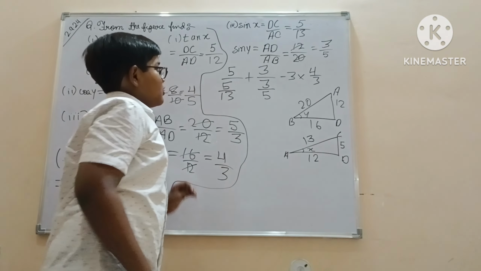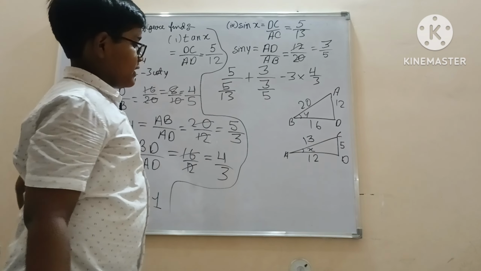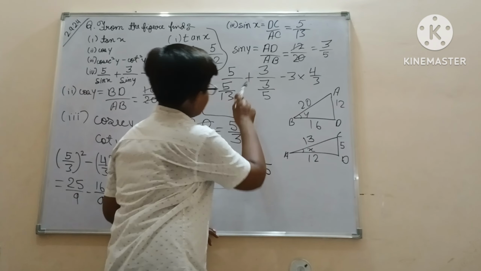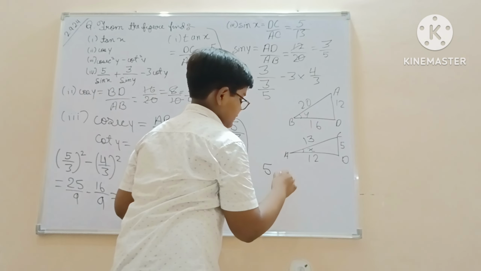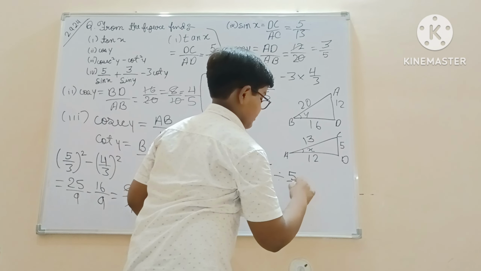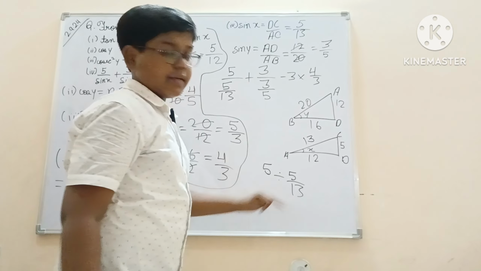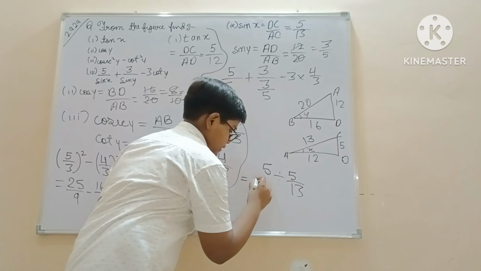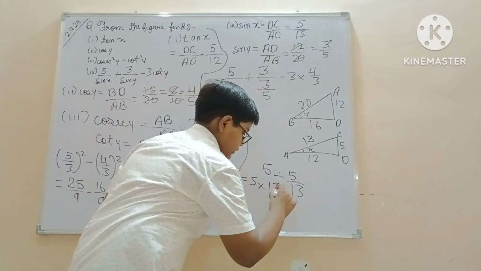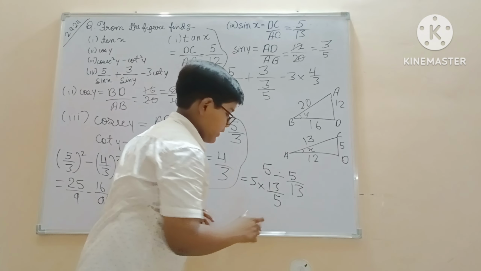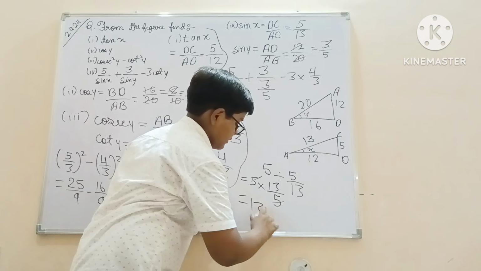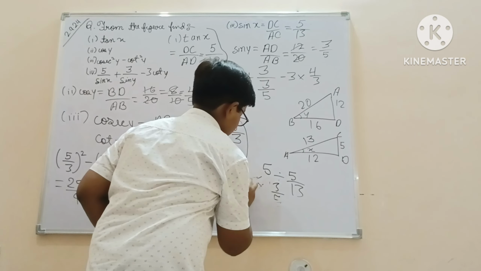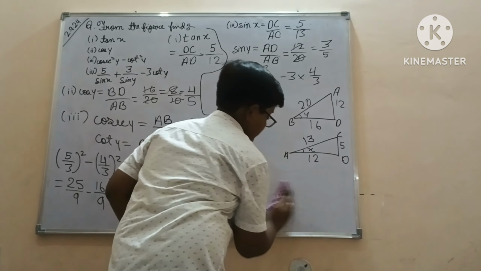Now what will be done, that 5 is divided by 5 by 13. So there is a trick which we can do, we can write 5 divided by 5 by 13. In order to divide this, whenever we divide fractions, we do like this, 5 into 13 by 5. So the fractions can be simplified, 5 and 5 will cancel and we will get our value as 13.